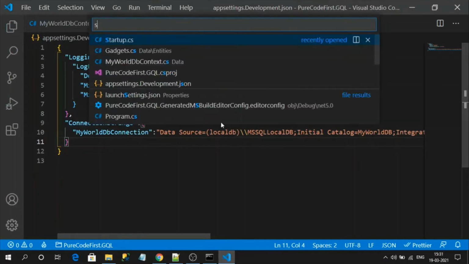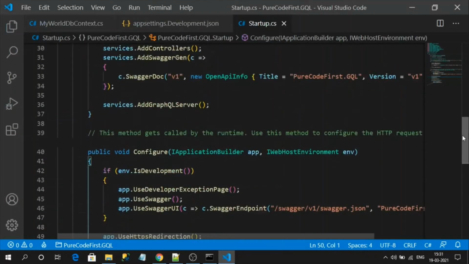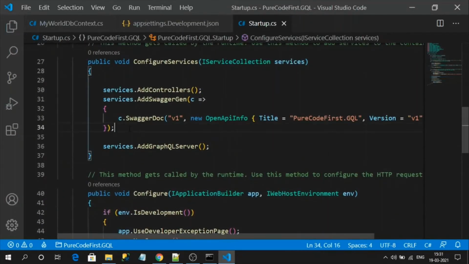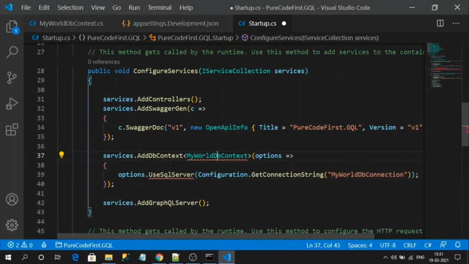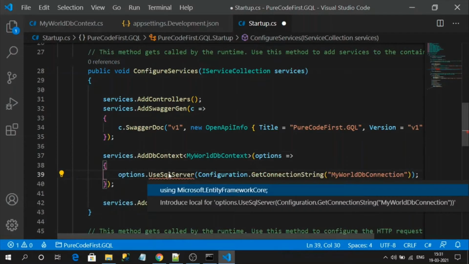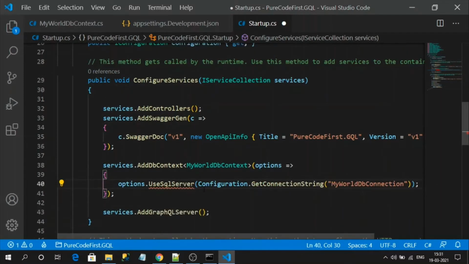Let's go to startup, paste here, import namespaces, and save. I think we are mostly done integrating the database context into our sample application. Now let's come back to our GraphQL topic.